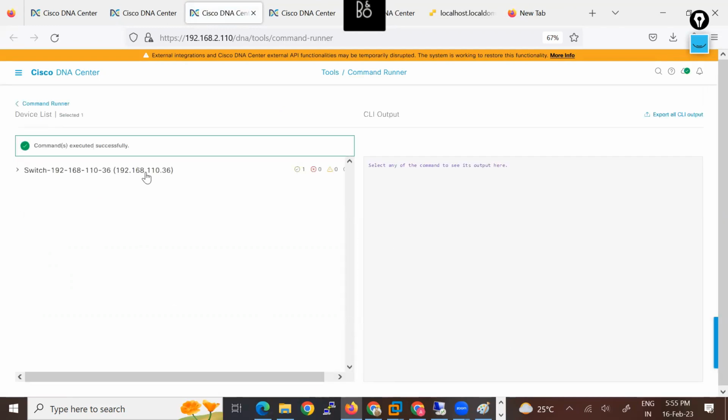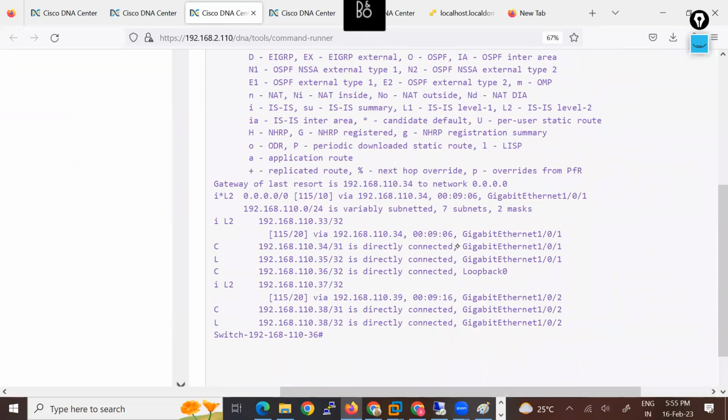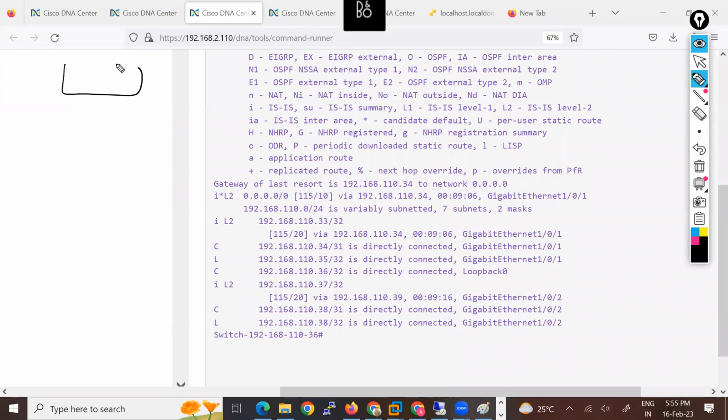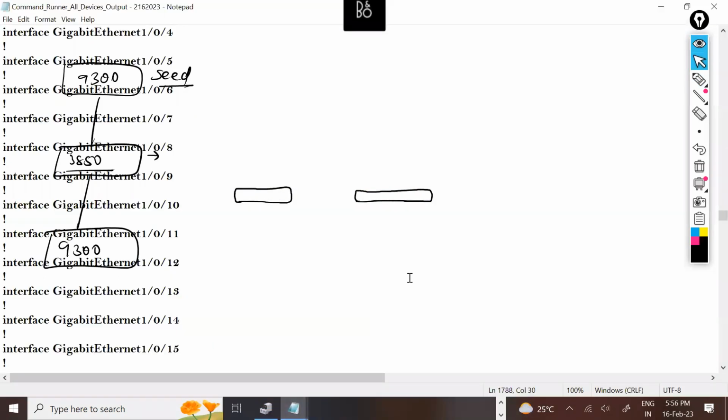Successful. This is my 9300, which is acting as the seed device. This is my 3850, and this is again my 9300 series switch. So I'm running the show IP route command on this. You can see the default route is pointing towards 192.168.110.34. And this IP address is assigned